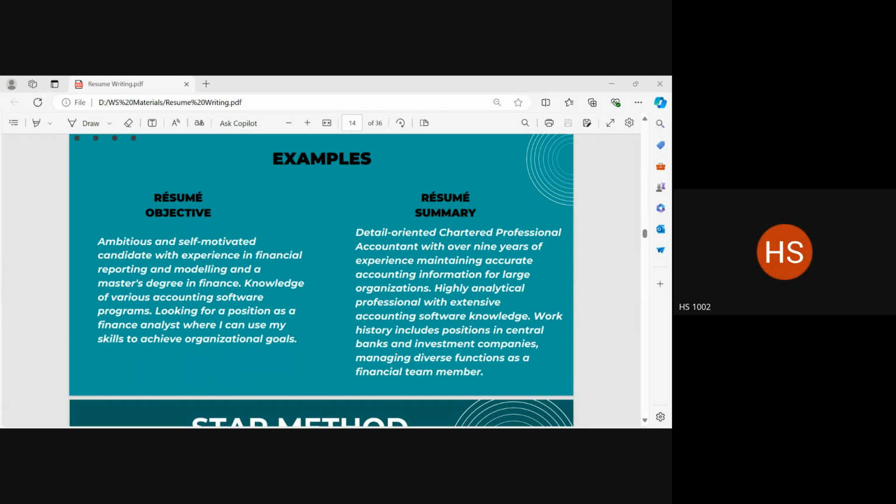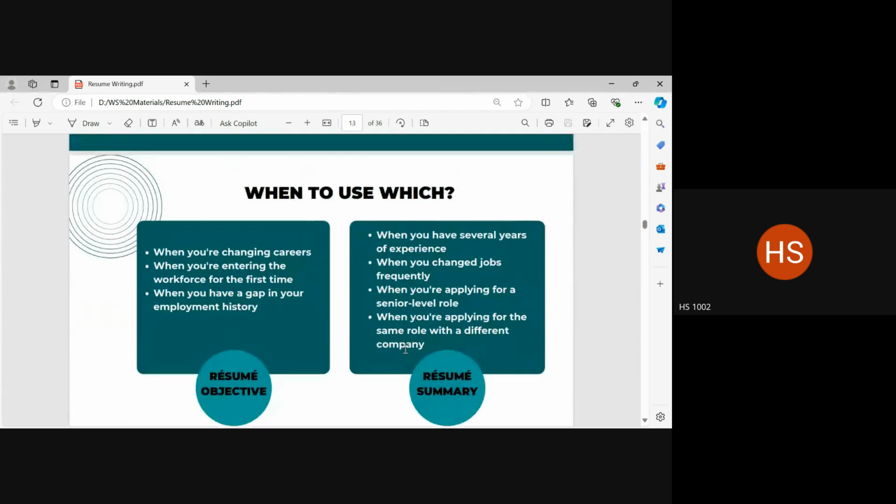It's not about what you've done in any one previous company. You have several years of experience. So, what is it that you've done in this career of yours, which spans several years? What achievements have you been able to garner to your own credit? You have a lot of things to summarize, you have a lot of things to say in that particular case. Let me go back one slide in case that makes it easier for you. These are the situations under which you would use a resume summary. These are the situations under which you would use a resume objective. Clearer now? Yes, ma'am. Clear now.